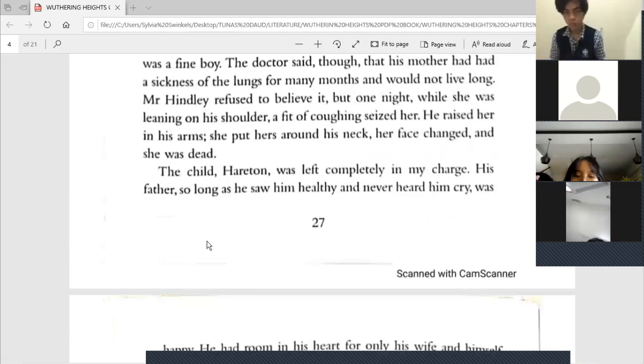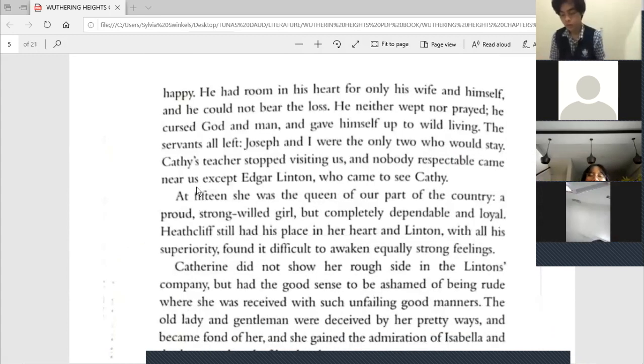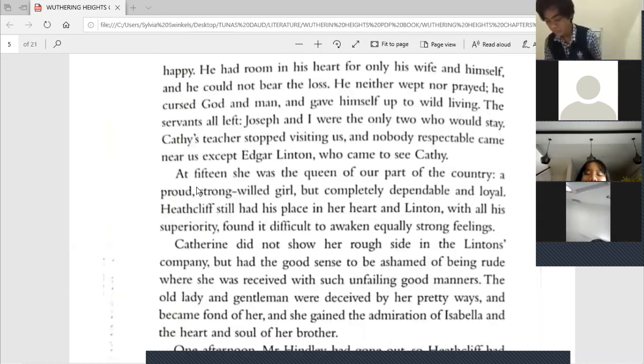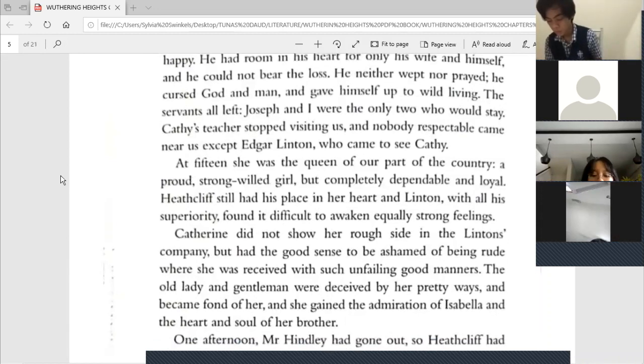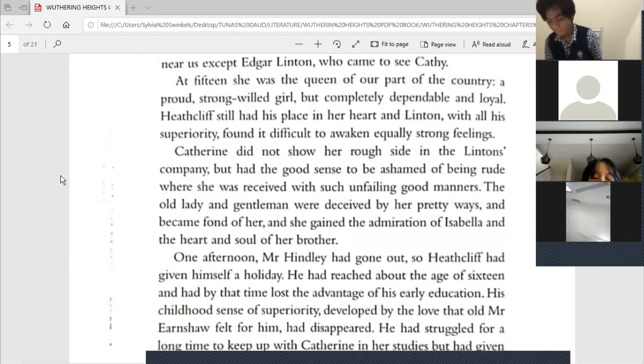Here at 15, she was the queen of our part of the country, a proud, strong-willed girl, but completely dependable and loyal. Heathcliff still had his place in her heart, and Linton, with all his